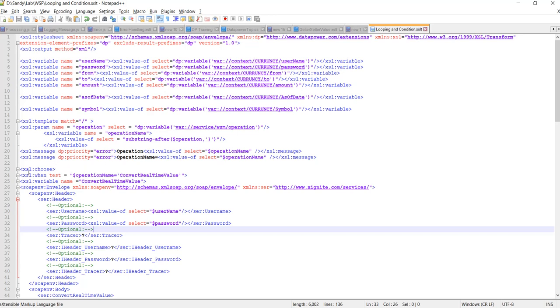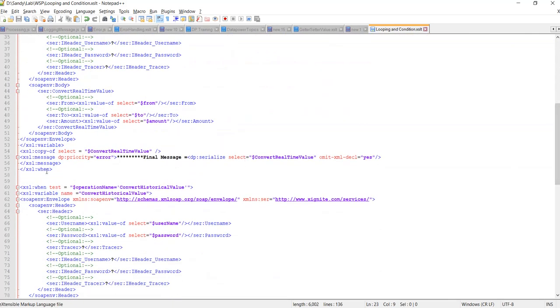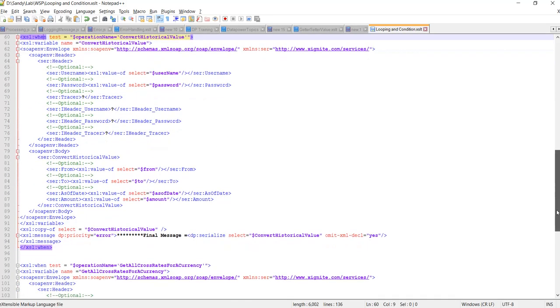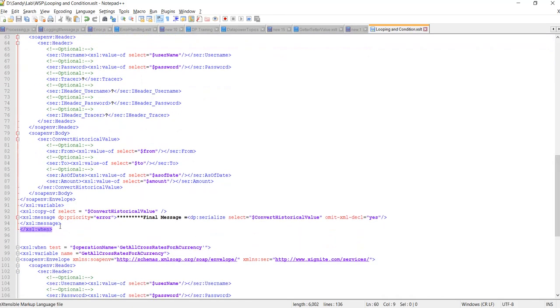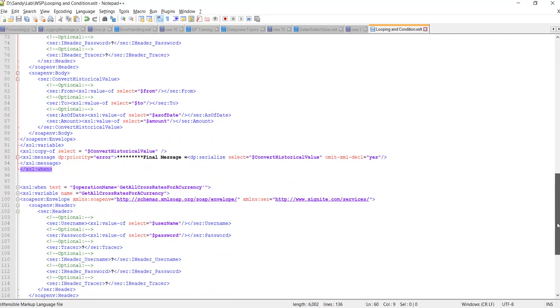This is the first condition statement. We'll use choose when here. This is for the first operation. After that we'll close when. Again we'll start a new when, that will be for the new operation, and after that we'll close this when. After that again we'll start a new when for the new operation name, that is get all cross rates for accuracy.